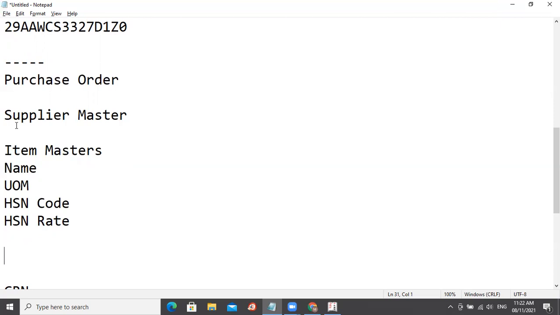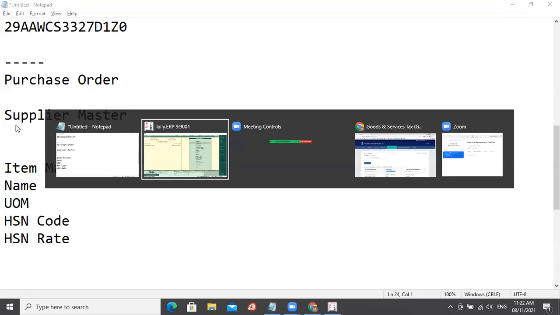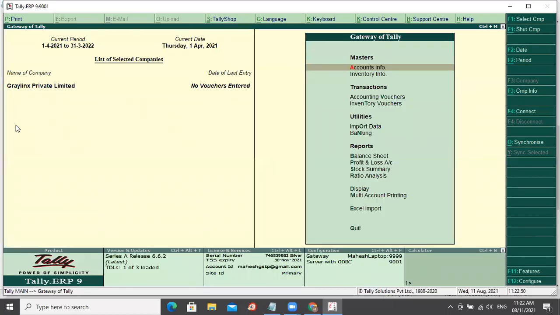First we'll start with creating the supplier master. Do you have any supplier masters on hand with you, or can I create one sample supplier master? For example, I'll just create one sample supplier master.